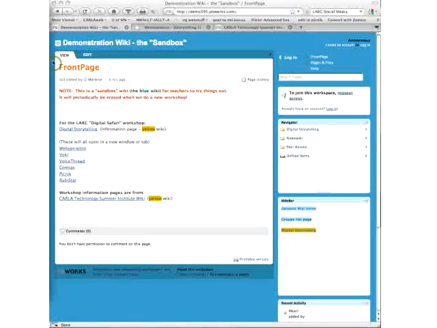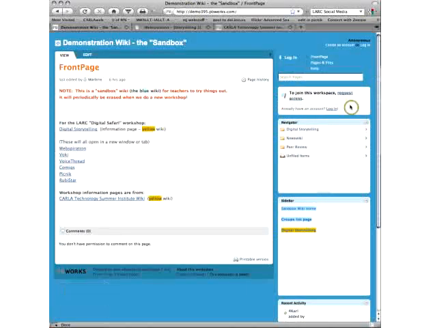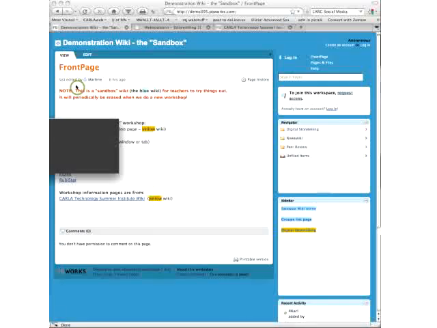And Carl, do I have to re-push things if people didn't get it, or should they automatically get it? I believe that we can see it. What I see right now is the front page. It just says last edited 6 hours ago. This is a sandbox wiki for teachers to try things out. Okay, you didn't get the page that I pushed out? Oh no, I have two browsers open. I'm actually watching the one that you're working on, and then I have another one that's a live window that I can actually work on.